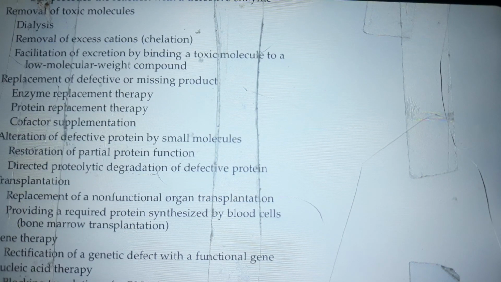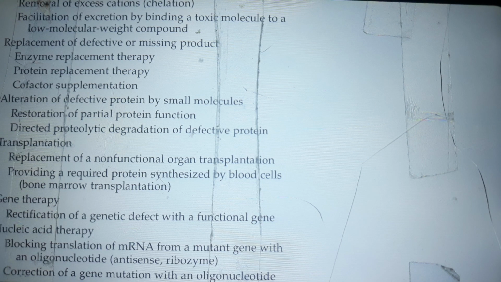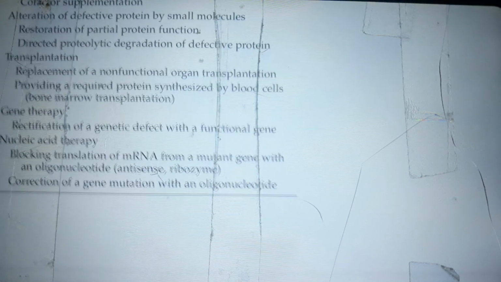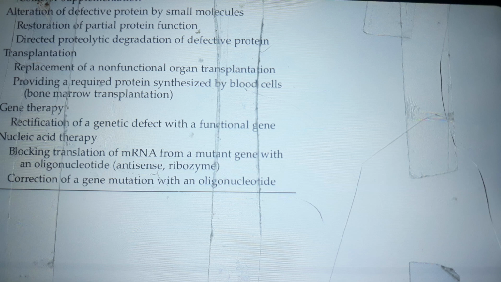Removal of toxic molecules: dialysis, removal of excessive cations, chelation, facilitation of excretion by binding a toxic molecule to a lower molecular weight compound. Replacement of defective or missing products: enzyme replacement therapy, protein replacement therapy, cofactor supplementation, alteration of defective protein by small molecules, restoration of partial protein function, directed proteolytic degradation for a defective protein, and transplantation